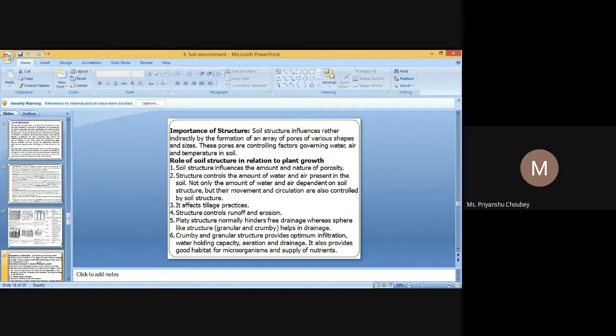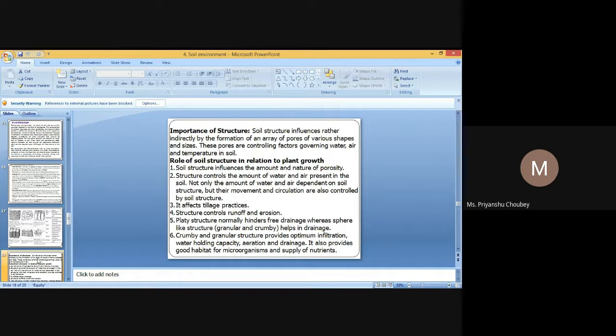Role of soil structure in relation to plant growth. First, soil structure influences the amount and nature of porosity. Second, structure controls the amount of water and air present in the soil; not only do the amounts of water and air depend on soil structure, but their movement and circulation are also controlled by soil structure. Third one is it affects tillage practices. Fourth one is structure controls